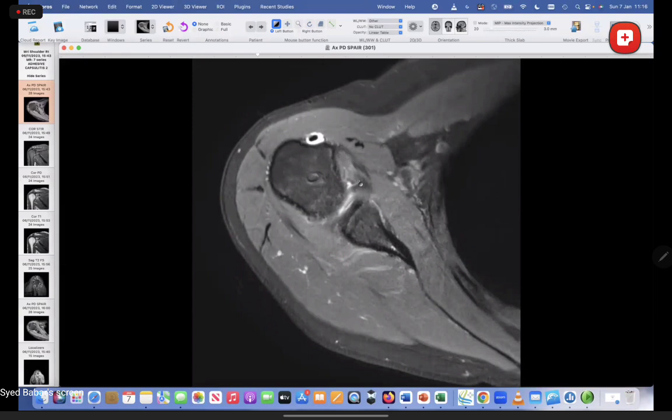This is the bottom bit of the joint capsule, and this is important because remember, patients with adhesive capsulitis will have edema and thickening of the joint capsule, as you see here. So if you look at the capsule, it's quite thick, isn't it? And it's sort of edematous or bright. It should normally be gray or low signal rather than being intermediate or bright signal. So already I know that without looking at any other sequence, all I've done is just looked at the axial sequence, and I know that